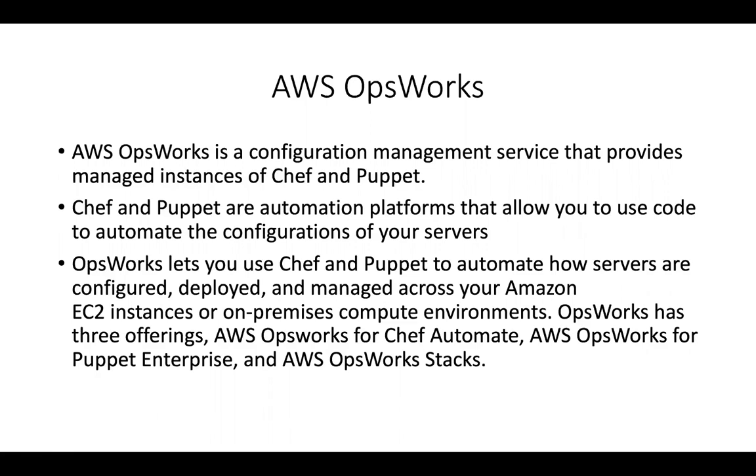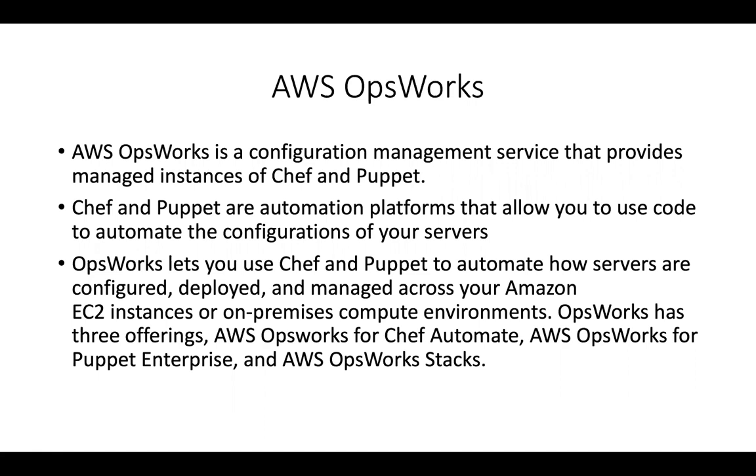They are the automation platforms that allow you to use code to automate some of the configurations of your servers. So let's say, for example, you have different phases. You have the setup phase, you have the deploy phase, you have the undeploy phase. So what are your Chef cookbooks that you would like to run during these stages? That's the kind of configuration that you can bring about in terms of installing certain applications onto your server or even deploying an application onto your server, but everything is through code that you write.